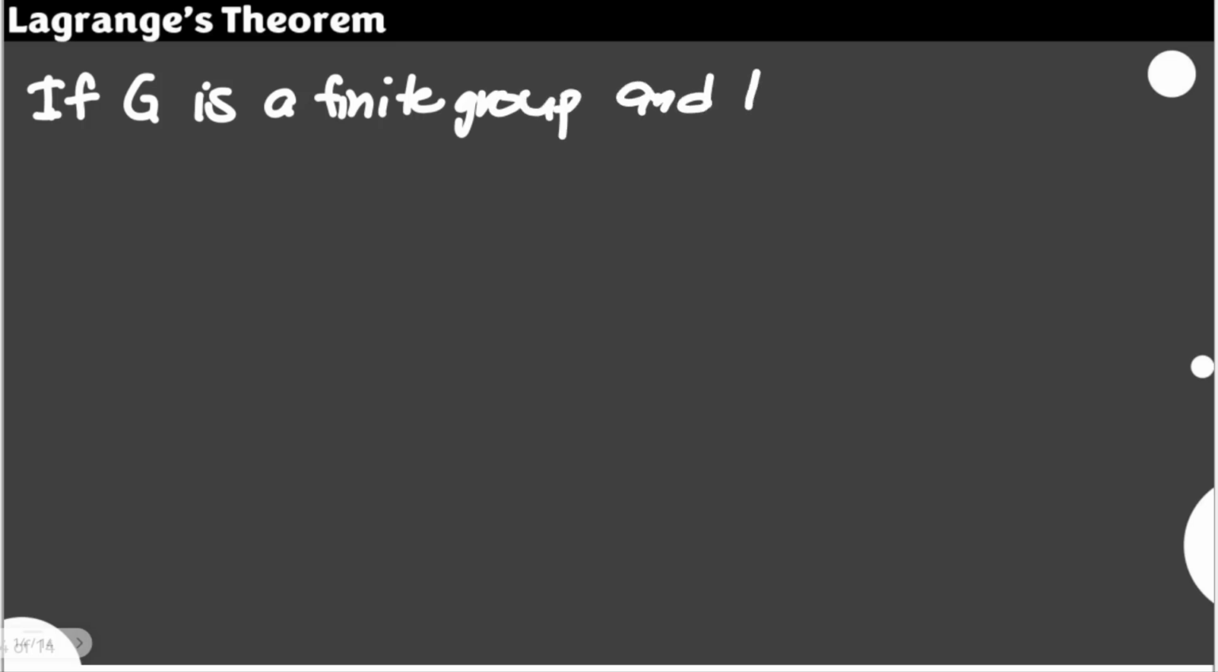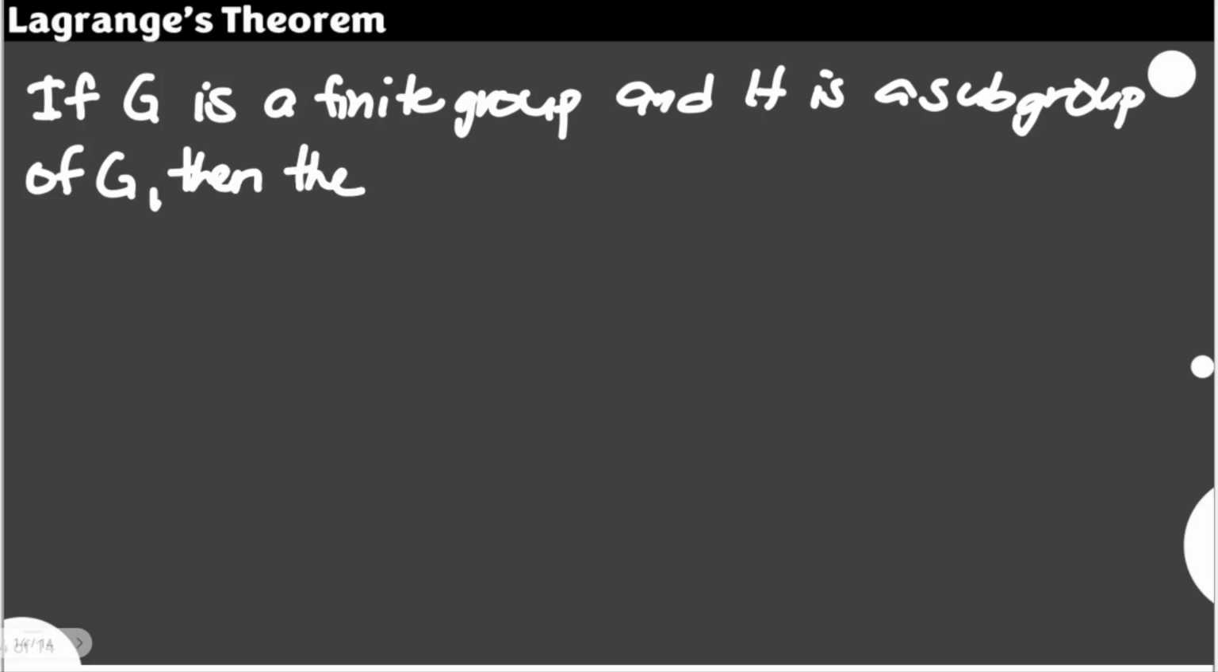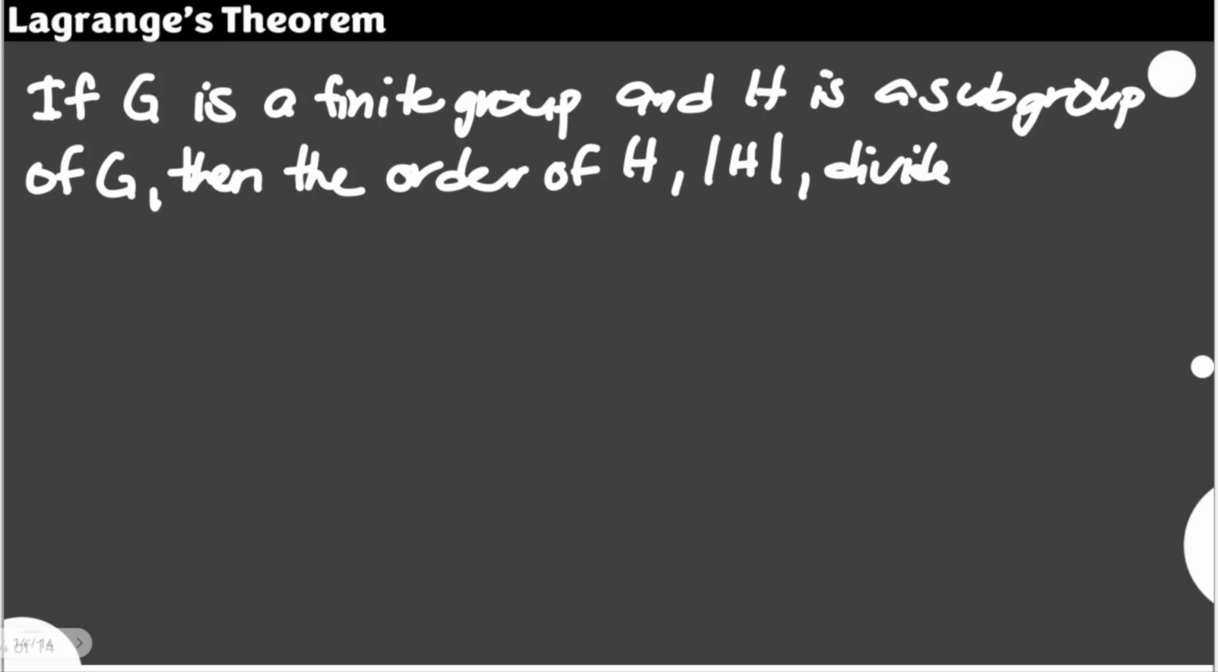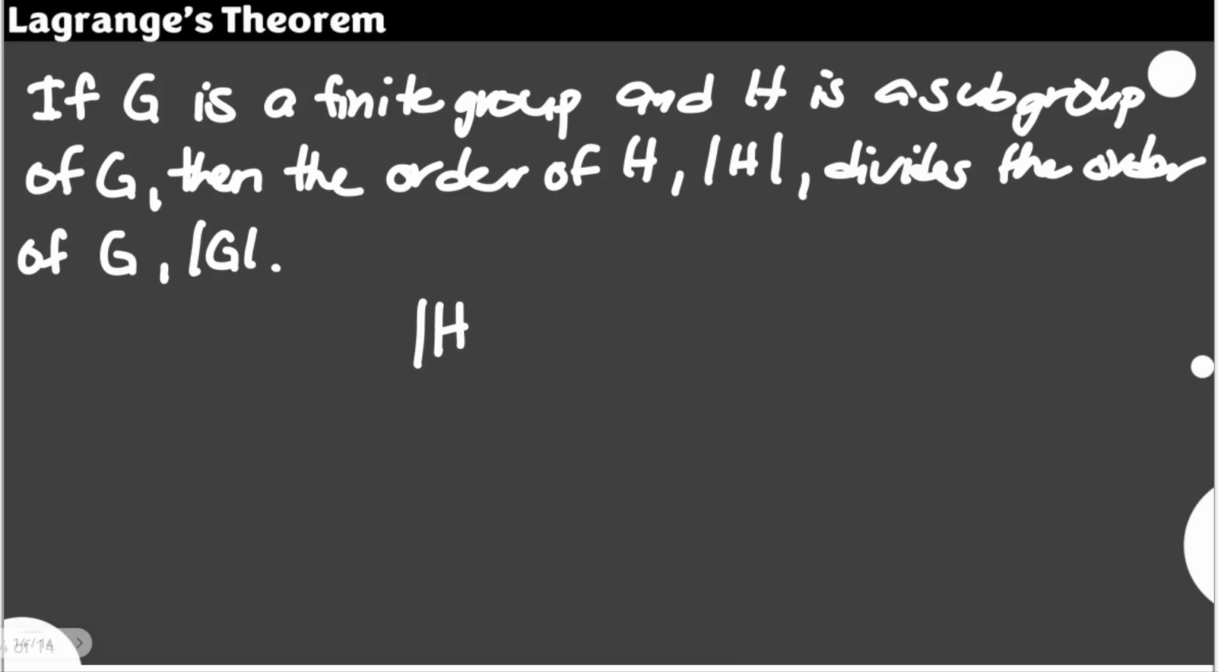and H is a subgroup of G, then the order of your subgroup H, represented by this notation, divides the order of group G, represented by this notation. So what does this tell us mathematically? In notation further, it tells us that the order of H divides the order of G, or